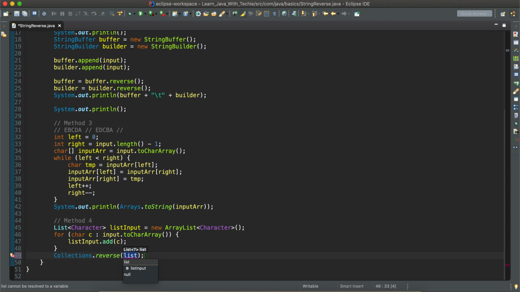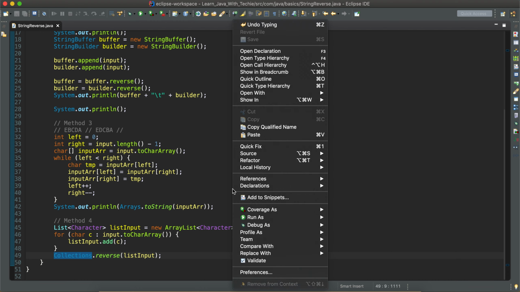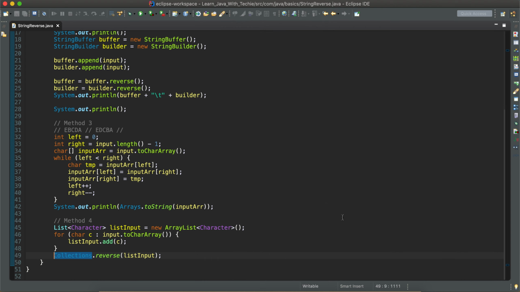Here the list is list input. Oops, I have to print it.